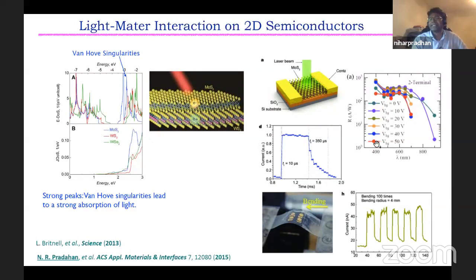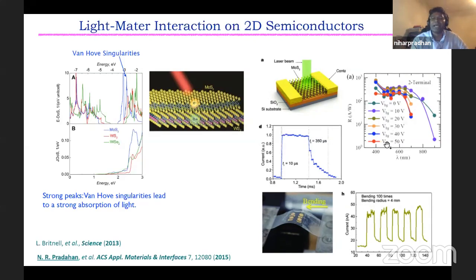Okay, and you can see that from ultraviolet to the infrared region, they show extremely high photoresponsivity, around 10 to the power 3 to 10 ampere per watt. And this responsivity as a photodiode is much higher than the current photodiodes, the silicon photodiode or germanium photodiode that we are using today or that are available in the market. The silicon photodiode that we are using today is around 0.5 ampere per watt responsivity